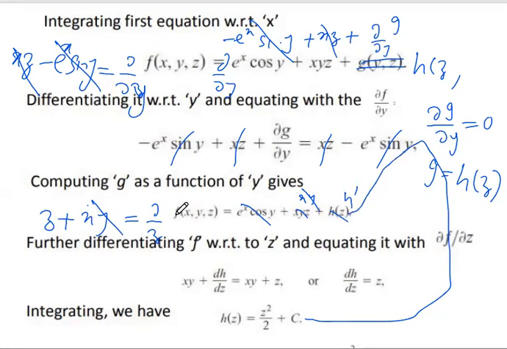Then you get f. F is this one plus this one plus your h is equal to this. So this is the potential function, right? Makes sense. So next time I will